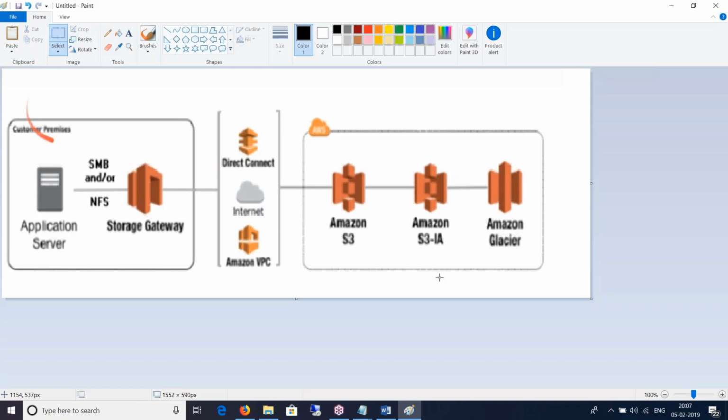No, not automatically. Amit, we have to write a rule that if the data is not accessed for 60 days, move it to infrequent S3. And as soon as it gets its timestamp changed or someone tries to access it, move it back to S3. So for that also we have to write a rule. But once the rule is written, it would be automatic, no manual intervention will be required. Right, Anand? Yeah, absolutely. You need to have the life cycle policies or the life cycle rules written.